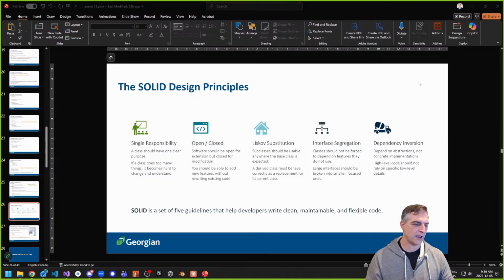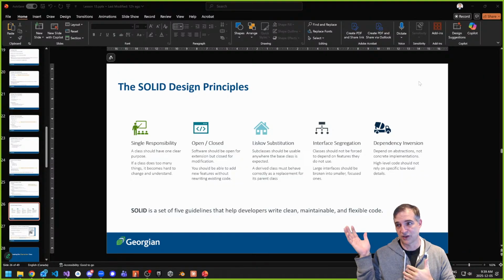And there's also the Liskov substitution principle, which is that subclasses should be usable anywhere the base class is expected. So if I use a zombie enemy, it's an enemy, right? Otherwise, it doesn't work properly. If somehow you've made it so that zombie enemies don't do the same things as enemies do, something is wrong. Not really a great way to design stuff.